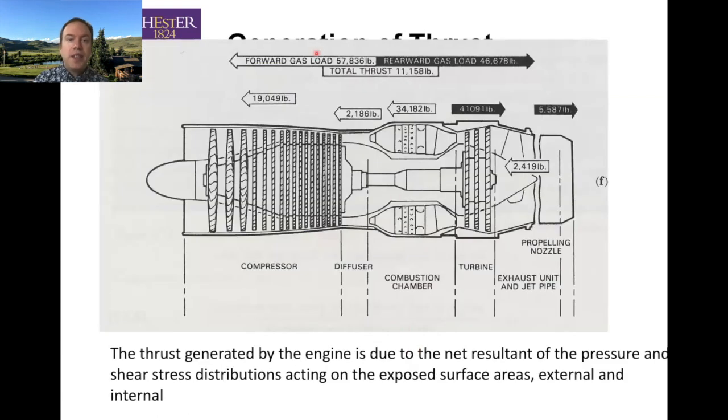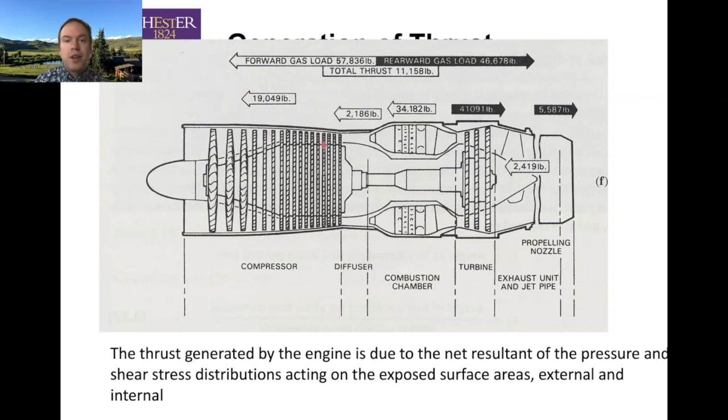Okay, this is just a chart that shows the loads and how thrust is produced. And as you'll see, it's interesting where our primary thrust points come from. You think it comes from the nozzle, when in reality, the nozzle creates a drag. Most of our thrust is on the inside of our compressor or of our combustor, and